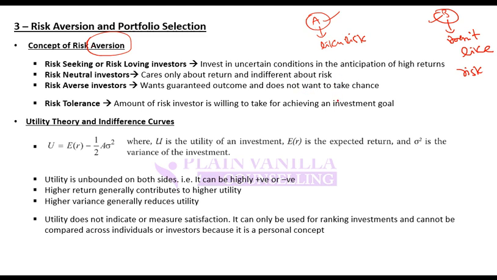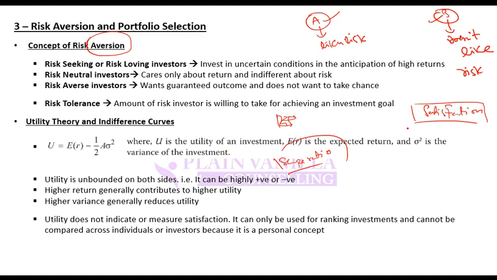So when you are selecting an investment for an investor, a key element to look at is investor satisfaction. How satisfied would the investor be with respect to that investment? Maybe there is an investment which produces the highest return with respect to risk, or which gives you the highest Sharpe ratio. But maybe that does not satisfy the investor. Why? Because maybe the investor wants to take more risk. So satisfaction would depend on the investor's own characteristics, that of aversion.